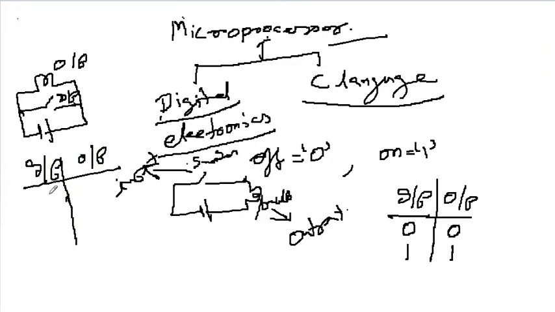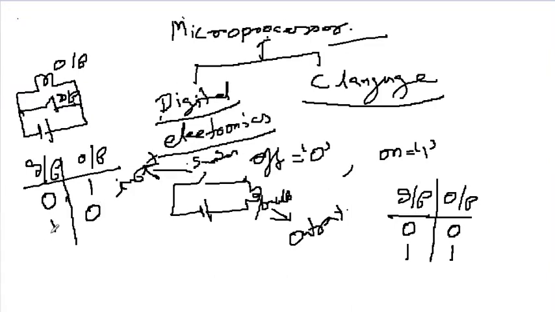See, for example, if the input is 0, meaning off, all power will transmit through the bulb and the bulb will be on, that is, the output is 1. When you switch on, the input becomes 1, and this is a short circuit, so all current from the battery will prefer to go through the switch instead of the bulb, because the bulb provides some resistance, and in return you get the output value 0 because the bulb will be off.